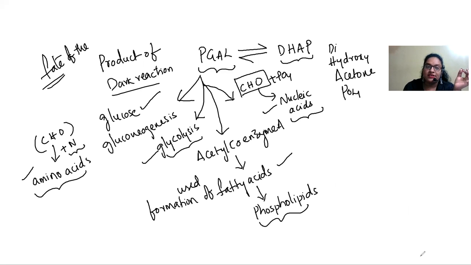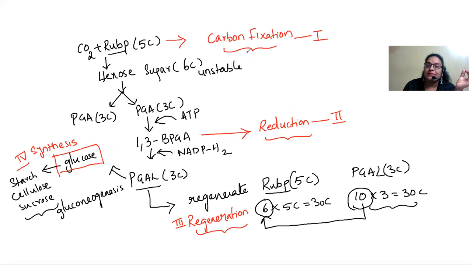So the reactions that are happening in the dark reactions are the carbon fixation and the reduction process. We are using the assimilatory power which is being produced from the light reactions in fixing the carbon and producing your glucoses. And what is the isomer for your PGAL here? It's going to be DAP, the dihydroxyacetone phosphate. So